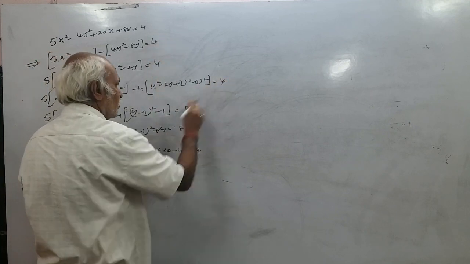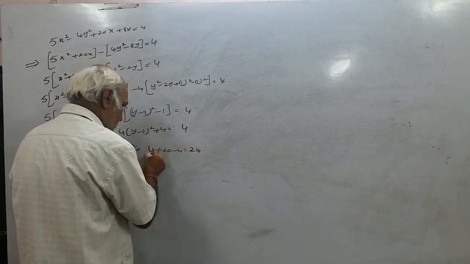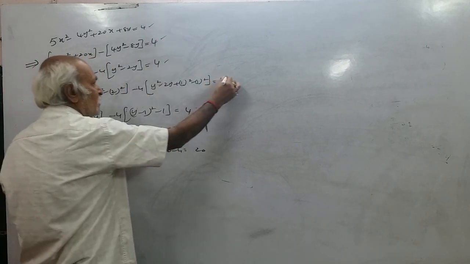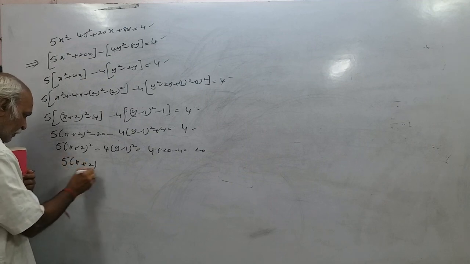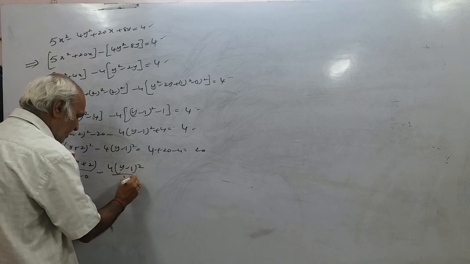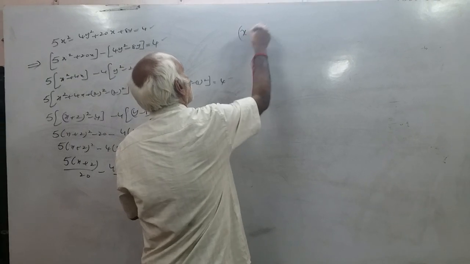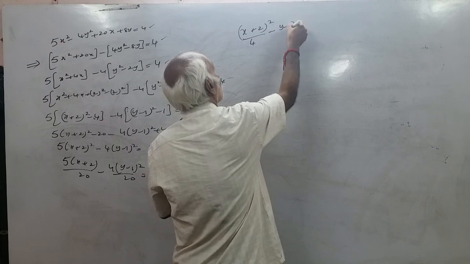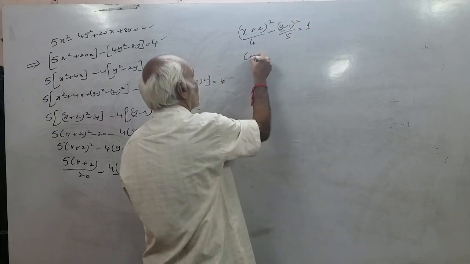Please change this: 4, 4, 4, here 4. So this becomes 20. Here it is 4, sir, so I have written 4 by mistake. So 20. So divide by 20, equal to 1. Therefore, compare